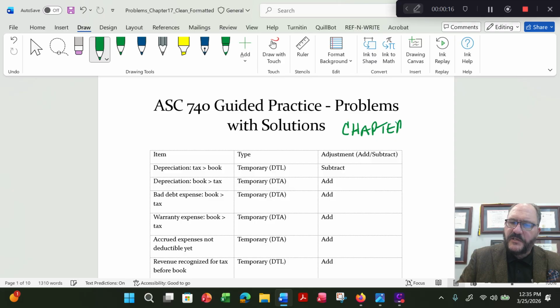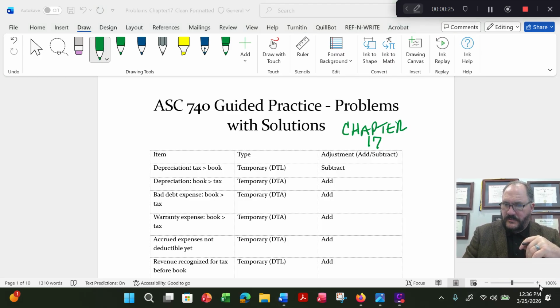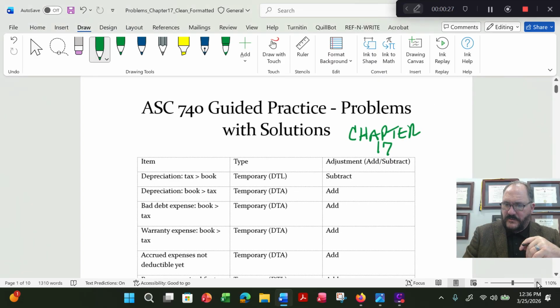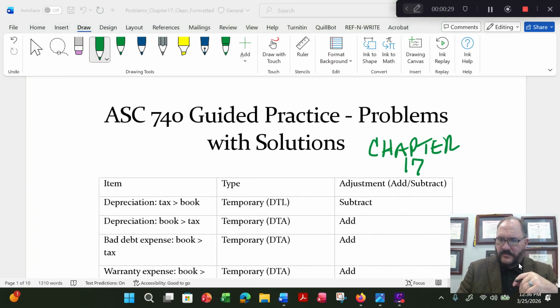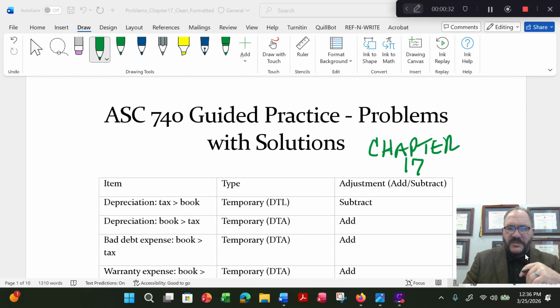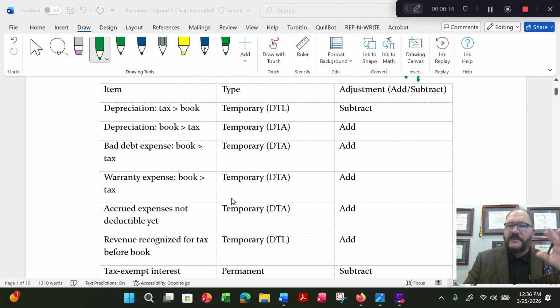So the first thing you see here, this is a chart. These are some pretty common ones. Let me make this a little bigger, maybe see it a little better. Okay, there we go. That's better. So anyway, these are very typical book